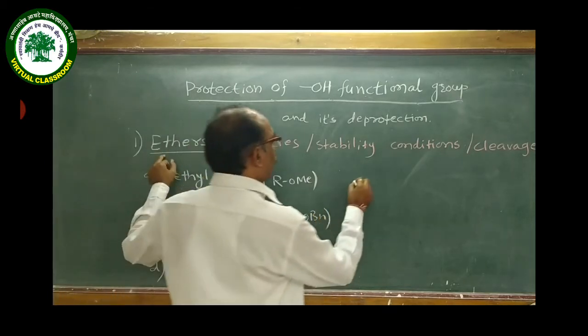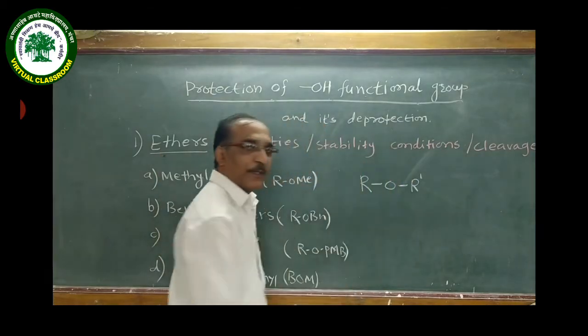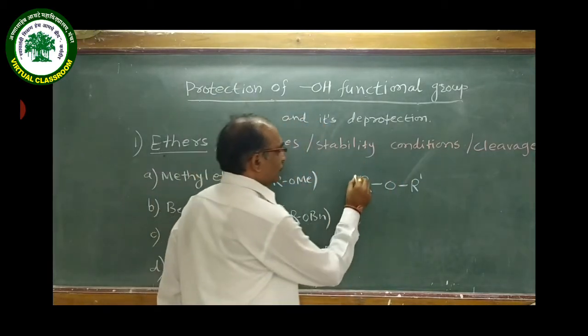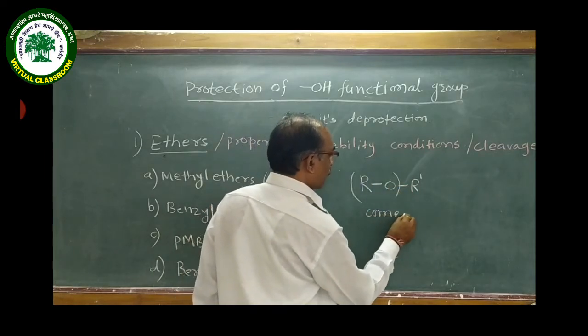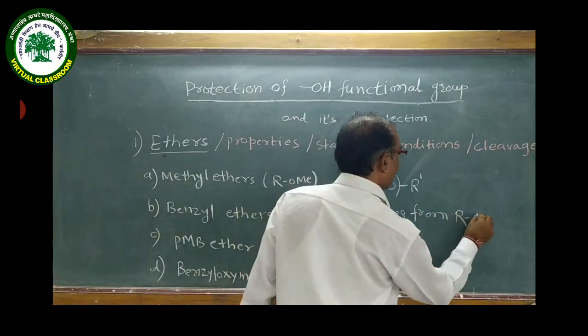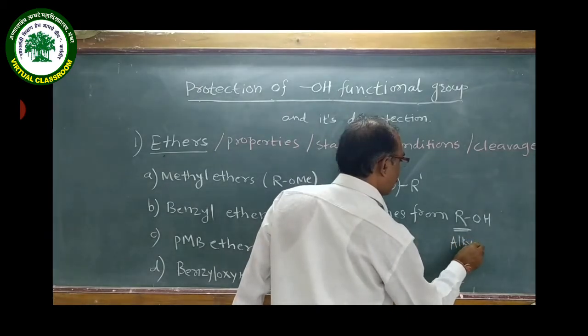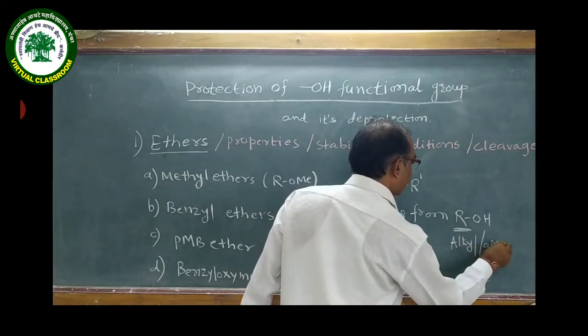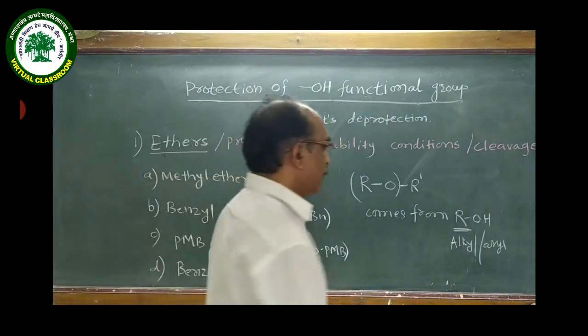So, what is the general formula of ether? ROR. Yes. This R and this O come from alcohol. So R is any alkyl. Okay. So the preparation of this one